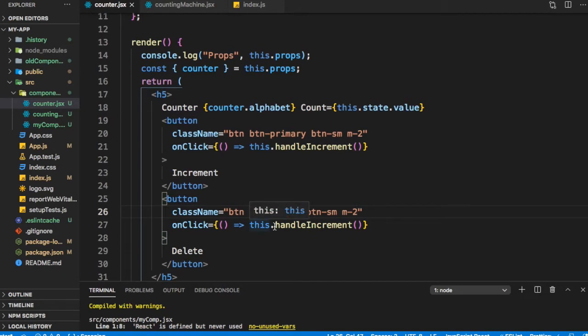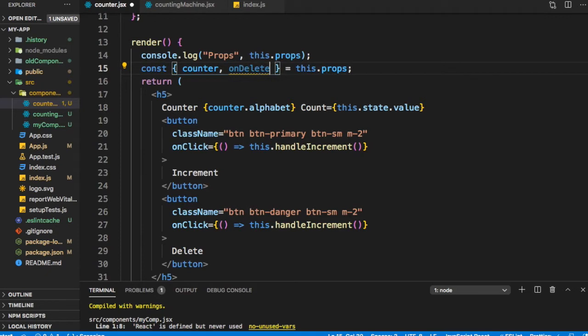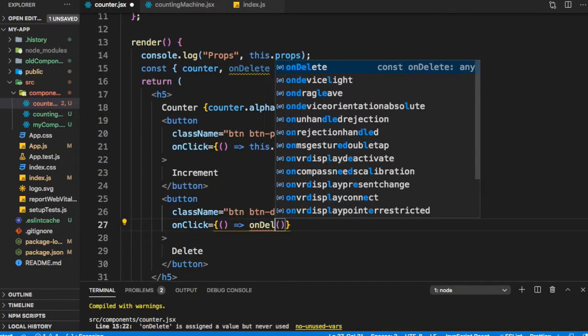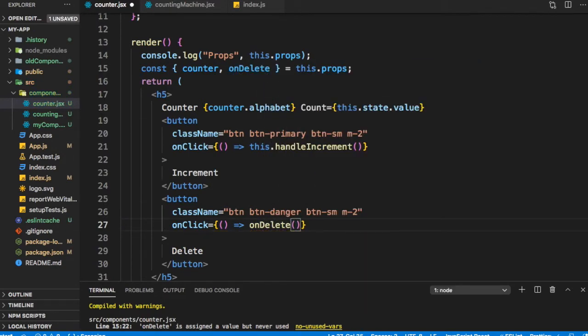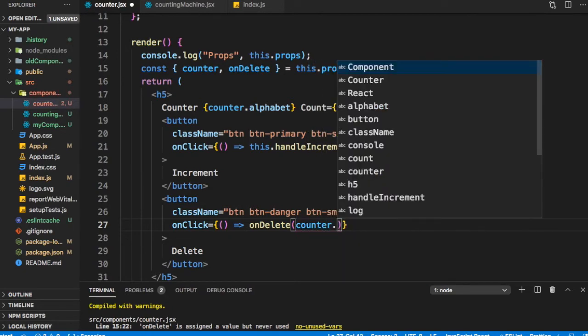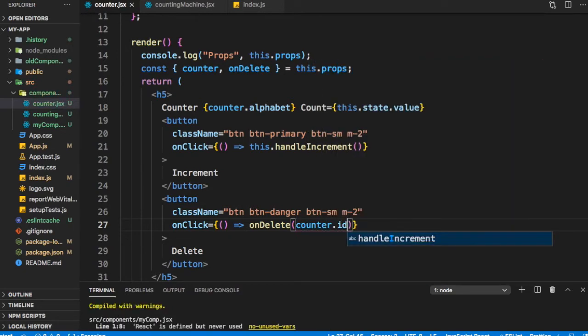So on click here, instead of this.handleIncrement, in our props we get our onDelete also. So we can call onDelete, and we want to pass the ID, so we can just say counter.id. So we have passed the ID.